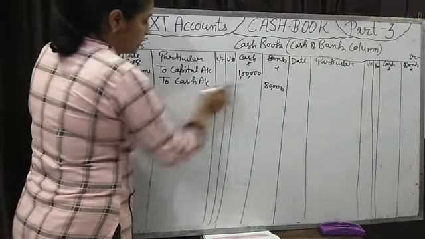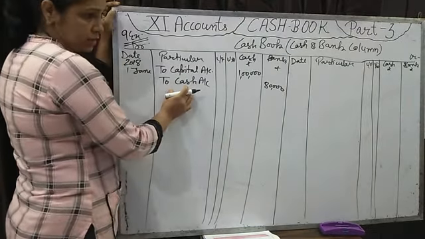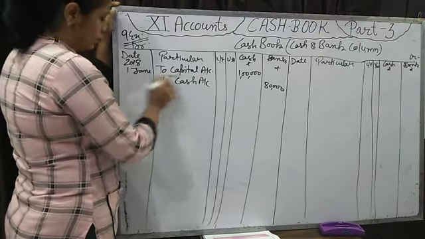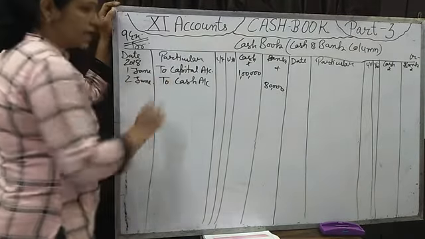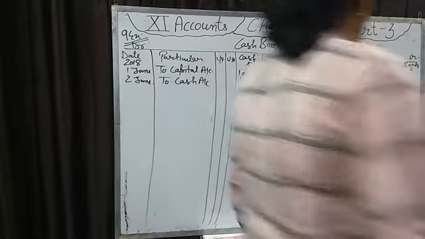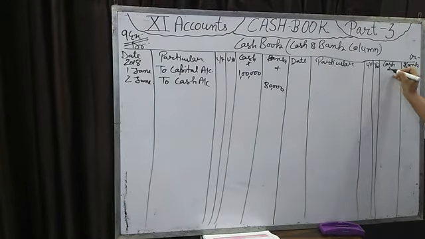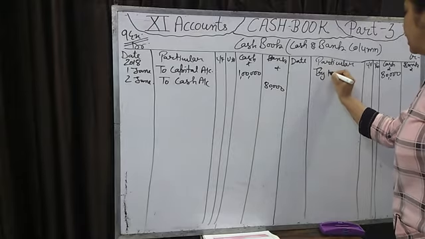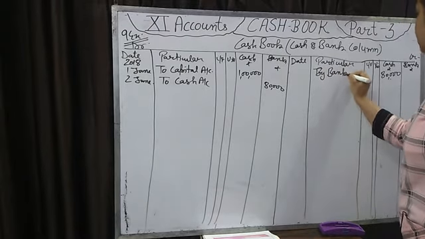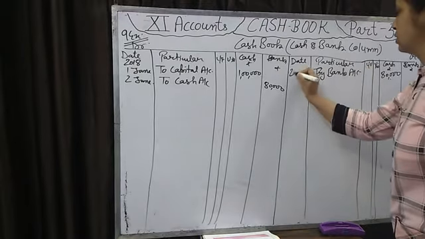From where money is coming, we are depositing. Our cash is decreasing on 2nd June. So cash is decreasing, and we will write this transaction in the cash column, credit side. 80,000 cash is going, so we will write it in the credit side of cash. Where is the cash going? By bank account. The cash is going into the bank. Fine.